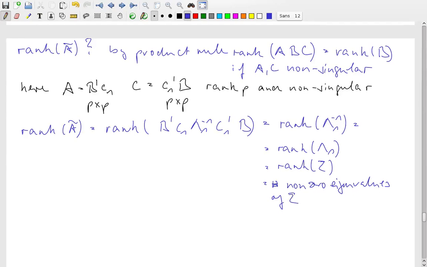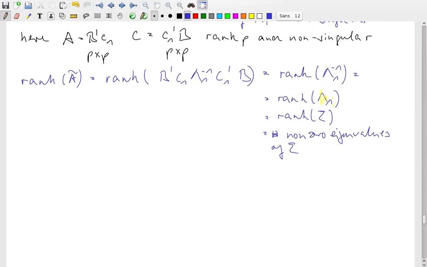And these non-zero eigenvalues are precisely what we collect in the matrix lambda 1. Lambda 1 contains these non-zero eigenvalues on its main diagonal. And now we can conclude that the quadratic form that we're interested in,